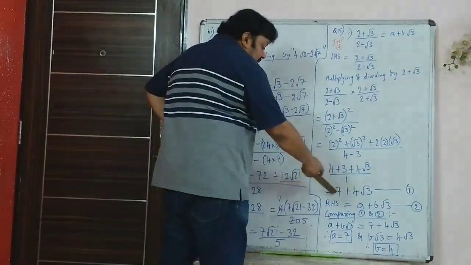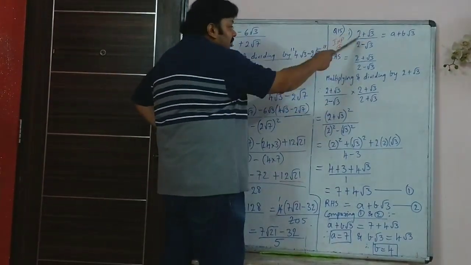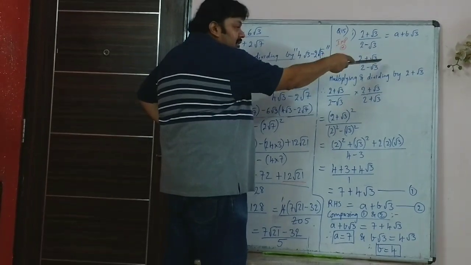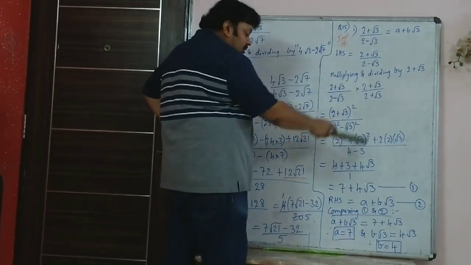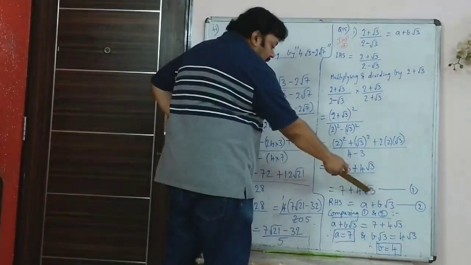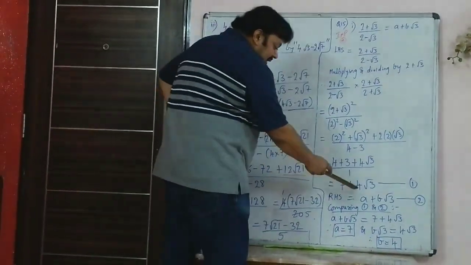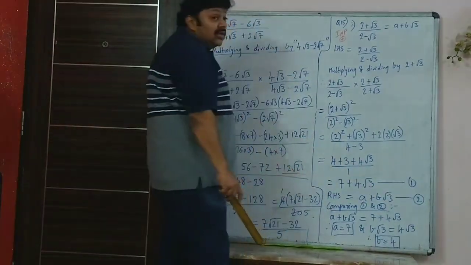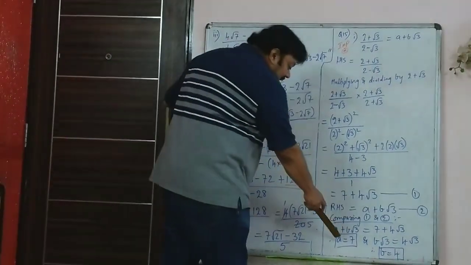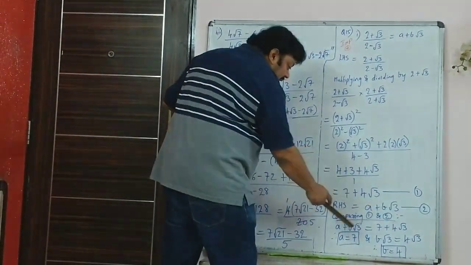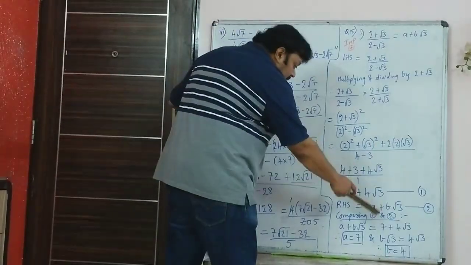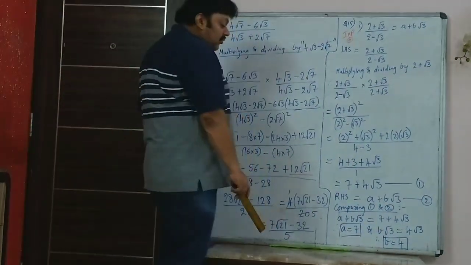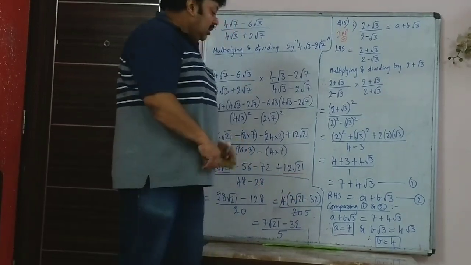So this means the LHS is 7 plus 4 root 3. Instead of this, this number is as good as this number. Same thing it is. Only this is in unrationalized form, the denominator has a root. This is rationalized form. So now I can compare this with this. So I will say here the constant term a is equal to 7. B root 3 and 4 root 3 I will have to compare. So therefore I write a is 7 and b root 3 is equal to 4 root 3. So therefore root 3 will get cut. So b will be equal to 4. So you are getting a is 7 and b is 4.